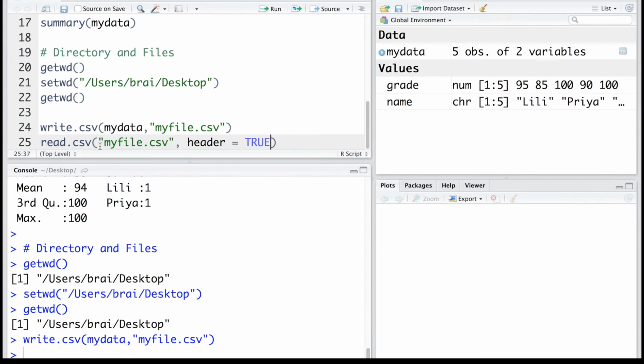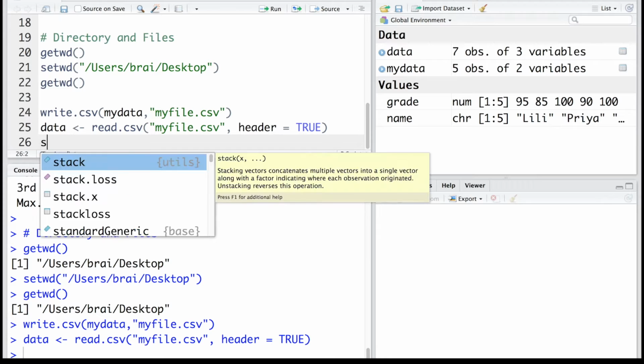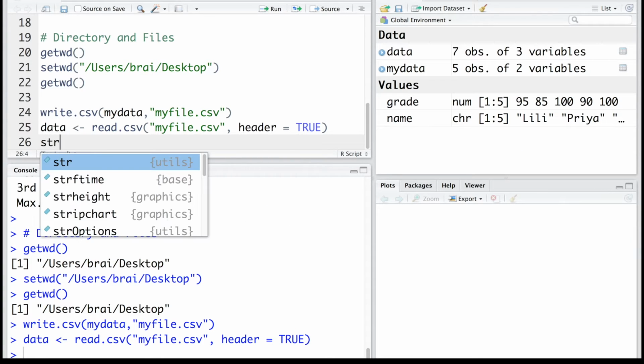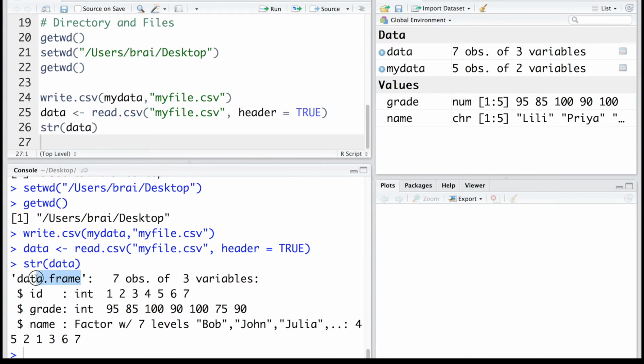Now before I run this line, I want to save this file in some variable name. So let's call that data. The entire content of the file will be read into data. As soon as we ran that, you can see that data has 7 observations with 3 variables. If you want to look at the structure of the file, you can do str(data). Now it says this is a data frame that has 7 observations and 3 variables. The first variable is the ID, that was the first column, the second column is grade,